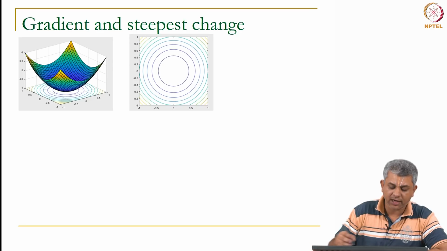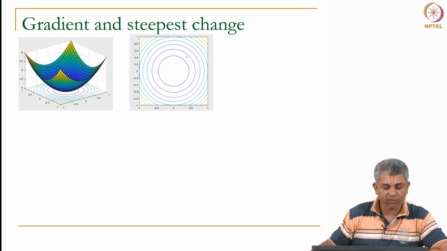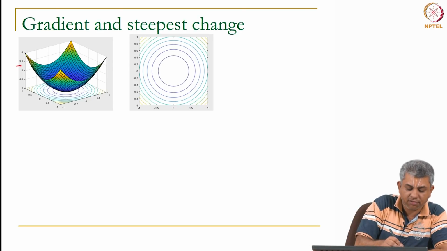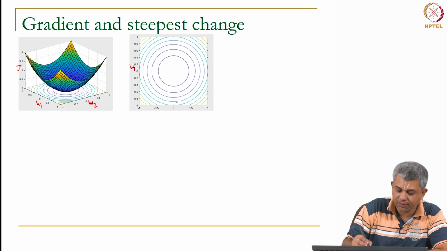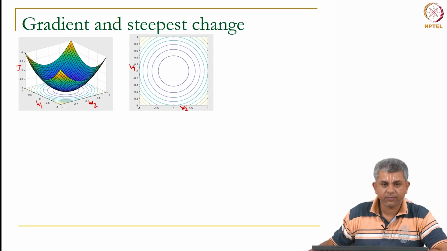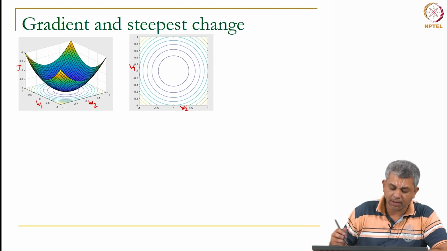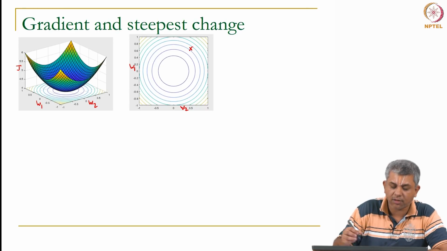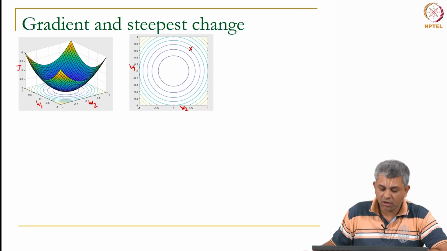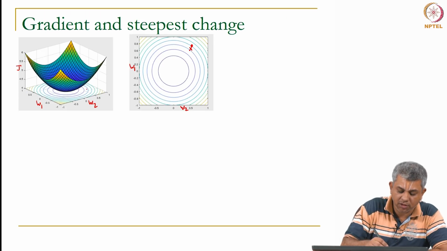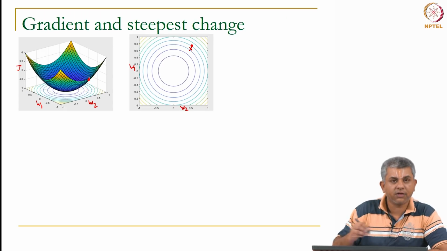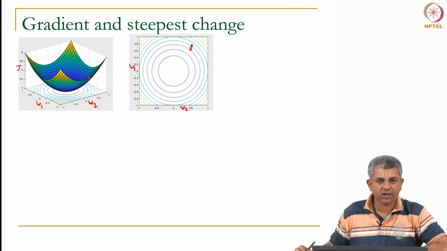Okay. So, once again let us look at the kind of functions that we were looking at before, with this being the landscape and this being the contour of the function. Remember, this is j and let us arbitrarily name this w1, w2. If you are at some point, let us say here some w1, w2, you have some value of j. Remember that these lines represent values of j. Similarly, here you could look at it in 3D also, there is some value of j.